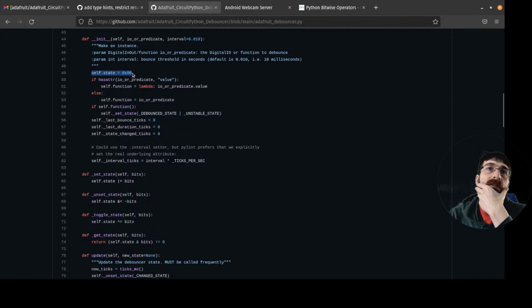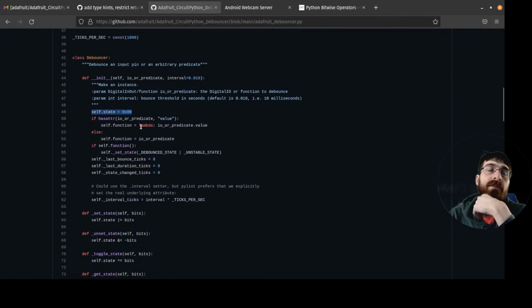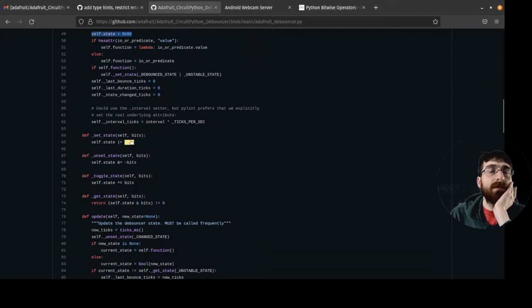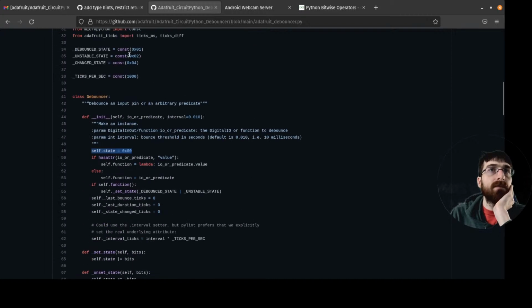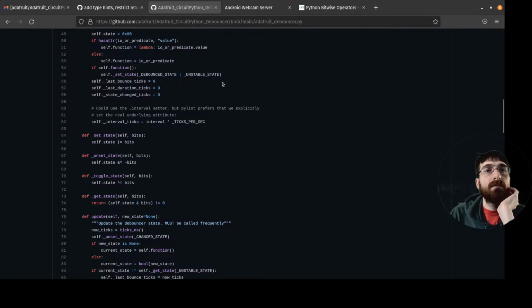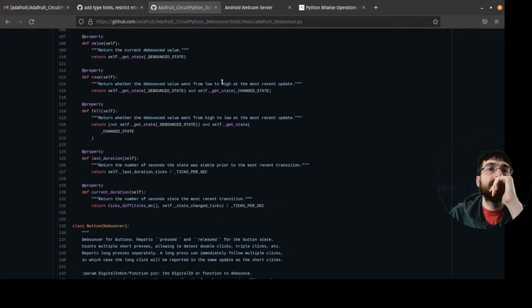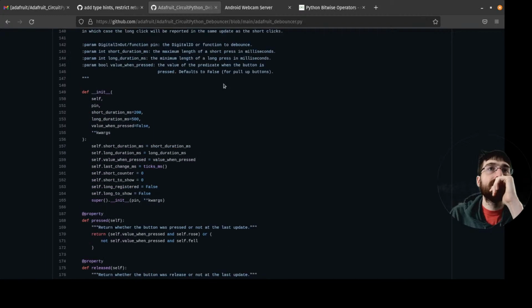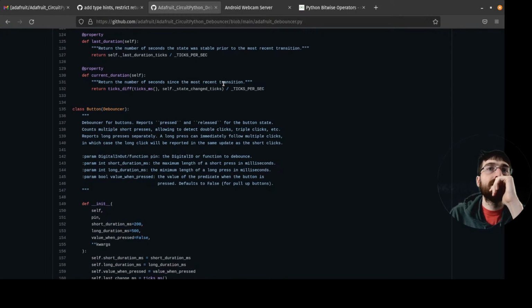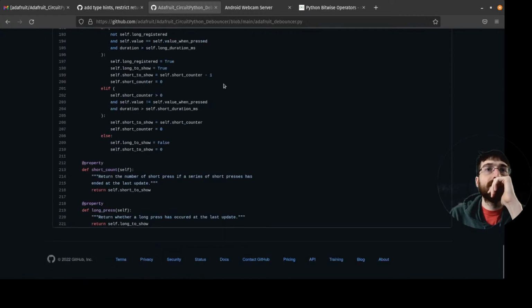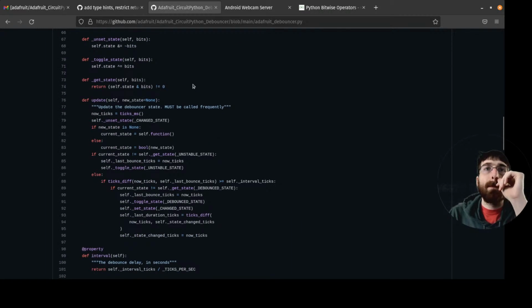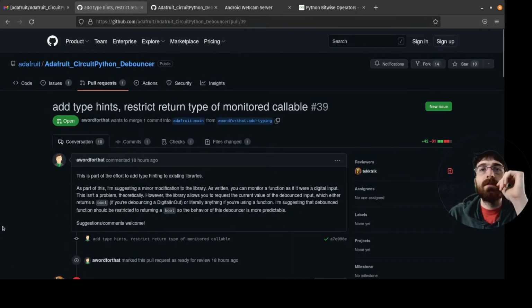Okay, interesting. The state starts out as 0, 0. Okay. Minor modification.